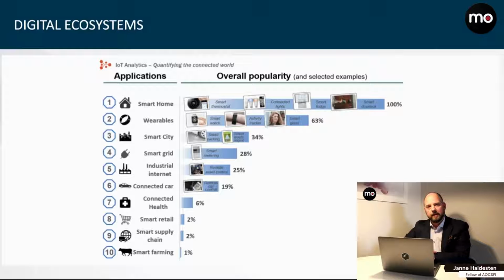Today we can see that there are many different types of landscapes, different kinds of ecosystems where systems contribute to building ecosystems such as smart homes. You have, for instance, smart metering for measuring electricity. We have different kinds of household appliances that are connected, such as fridges, our TV sets, and the list goes on. So, in a bigger picture, we also have connected industry. We have smart farms. We have smart cities, and all these create dependencies,